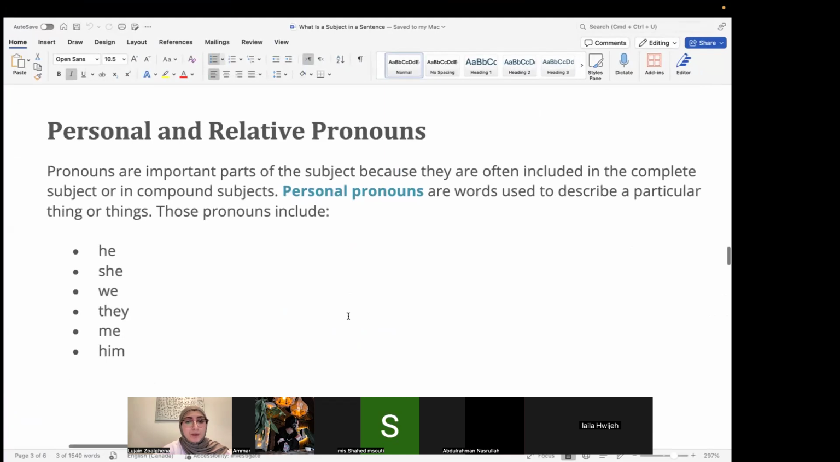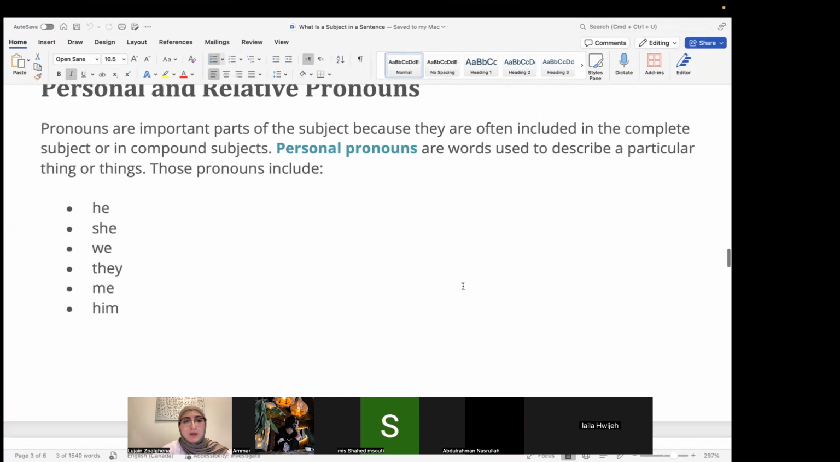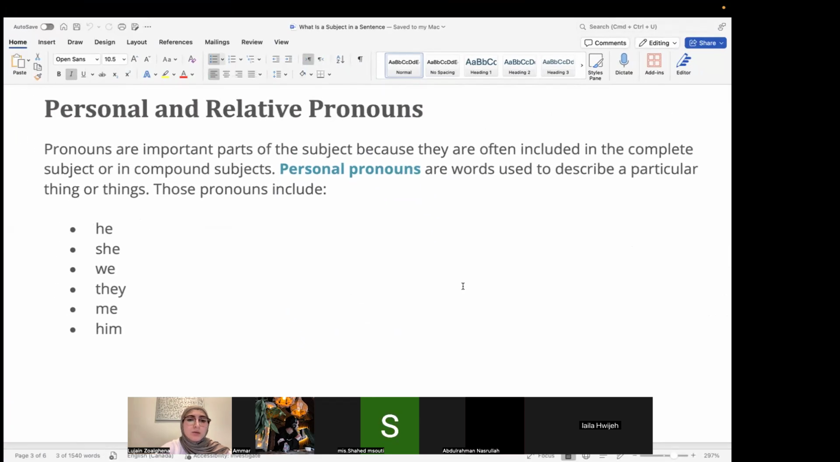Personal and relative pronouns. What is the meaning of a pronoun? Who can help me? How many pronouns do we have? Seven. What's the last one? I. Don't forget I. Pronouns are an important part of our subject because they are often included in the complete subject